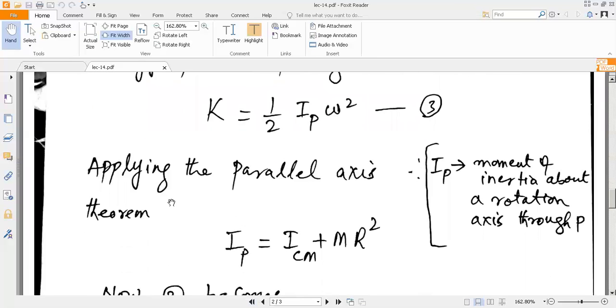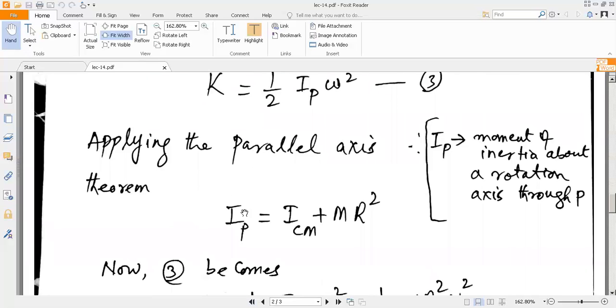In this case, Ip will become equal to Icm plus mr square. Here r is the displacement between the pivot point and the center of mass of the rigid object, and m is the total mass of the rigid object, and Icm is